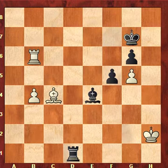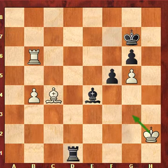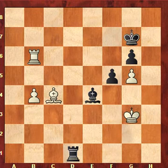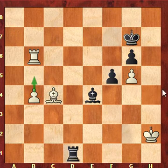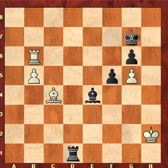This position is equal if, for example, white plays King G3, there is not much happening. But Caruana played his trump card, played his b-pawn up the board and completely missed Nakamura's idea. There is a mating combination now. F5, F4,